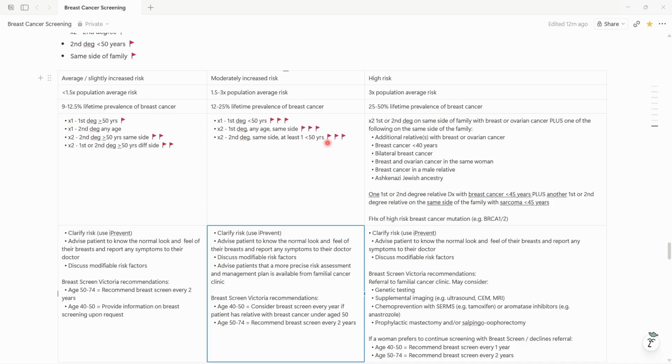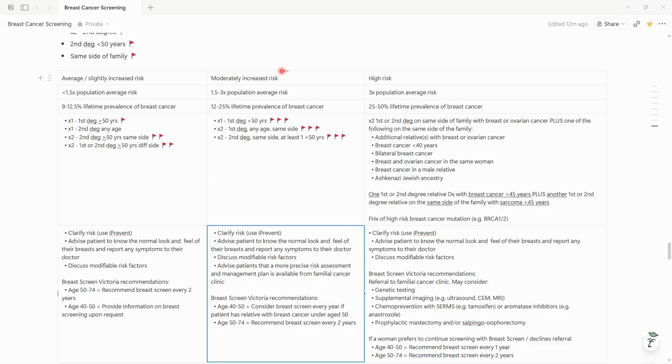So that's 1 flag for having 2 second-degree relatives, another flag for them being on the same side of the family, and another flag for them being under 50 years. Similar to the average risk population, clarify their risk using iPrevent, discuss modifiable risk factors, and advise the patient to be breast aware, so to know the normal look and feel of their breast, and report any changes or symptoms